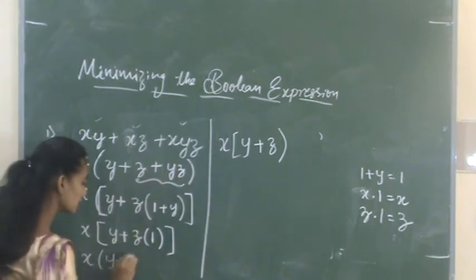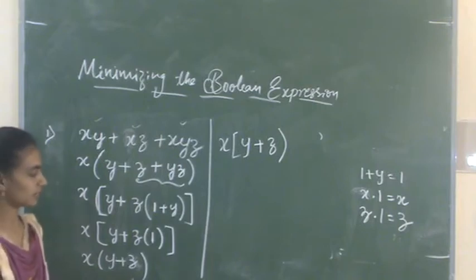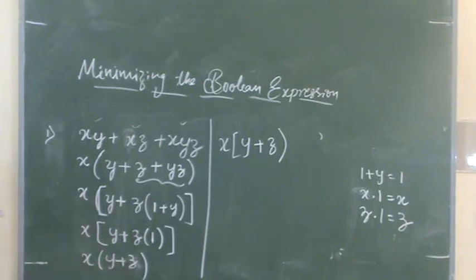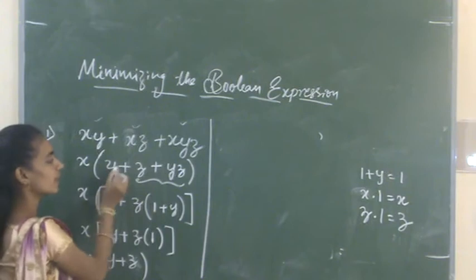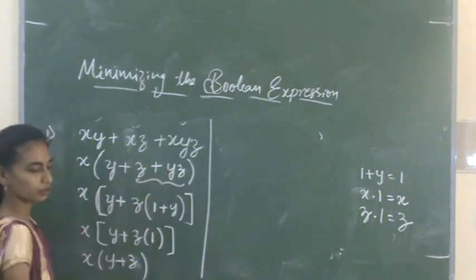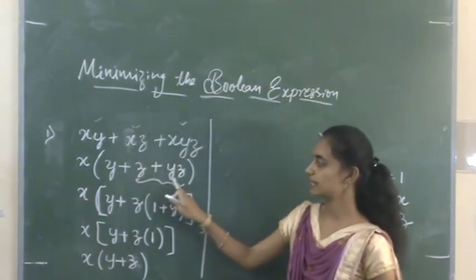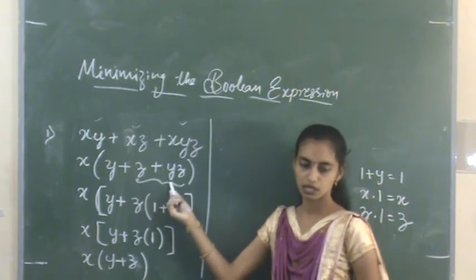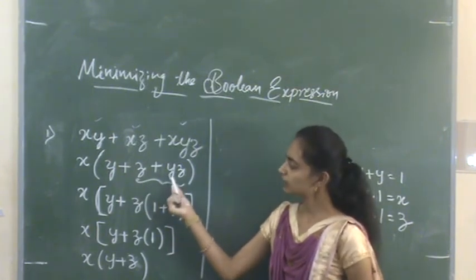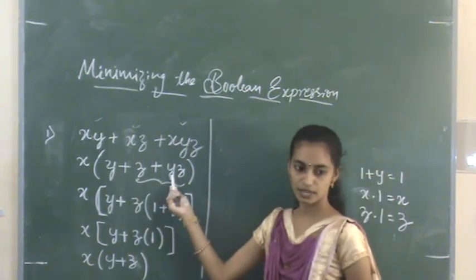So that is x into y plus z. So this expression can be evaluated in another manner. So we can take yz also. Okay, so now here I am taking z plus zy, right? To evaluate the expression I took these two terms with a common factor. But we can take y also, right? So here we have y and here we have yz, right?